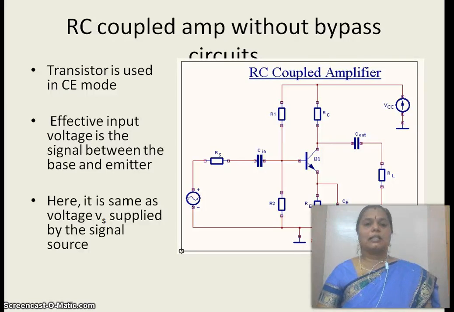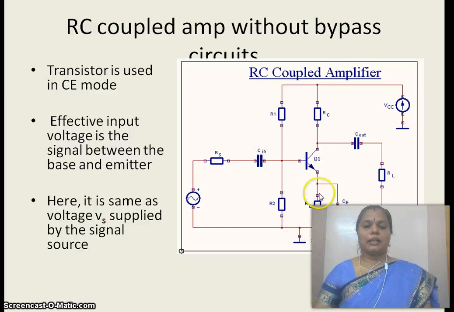And there are two illustrative circuits where we could get some important information about the negative feedback. The first thing is the RC coupled amplifier. And what do you mean by RC? R in the sense resistance and capacitance are used to couple the different stages in the amplifiers. This is a single stage amplifier. We can increase the stages just by coupling with the help of R and C.